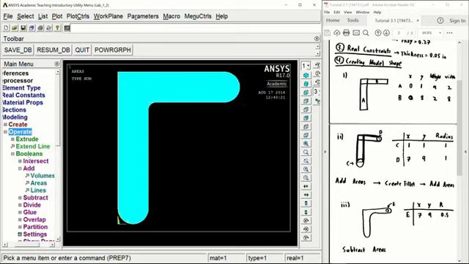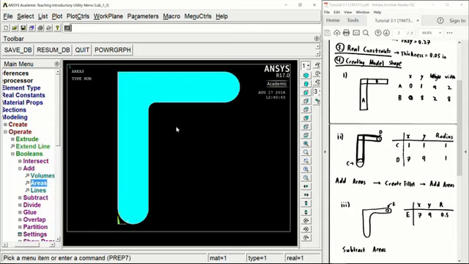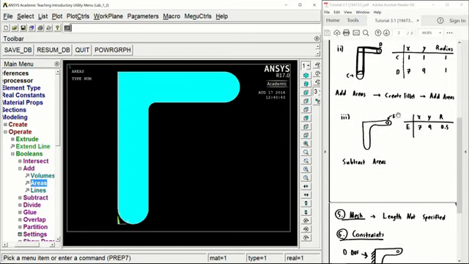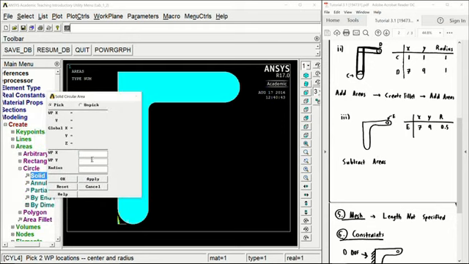Under the Operate tab, Boolean, Add Areas, and we're going to select the little area this time plus the big area. Click OK, and now we have one solid piece that has the fillet already built into it. So we can move ahead and subtract away the bolt hole that was specified earlier. So first we're going to create a circle. So under Areas, Circle, Solid Circle, and entering in these coordinates here,